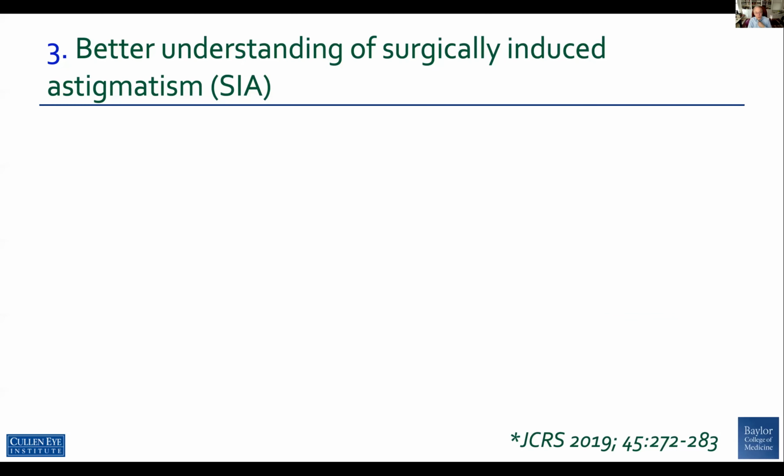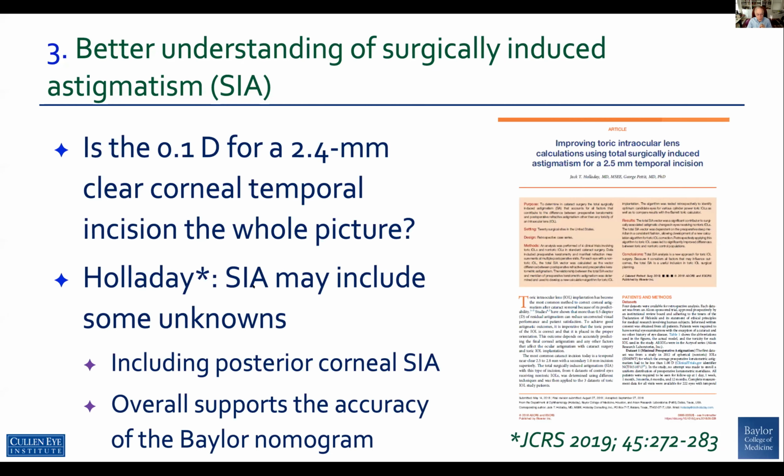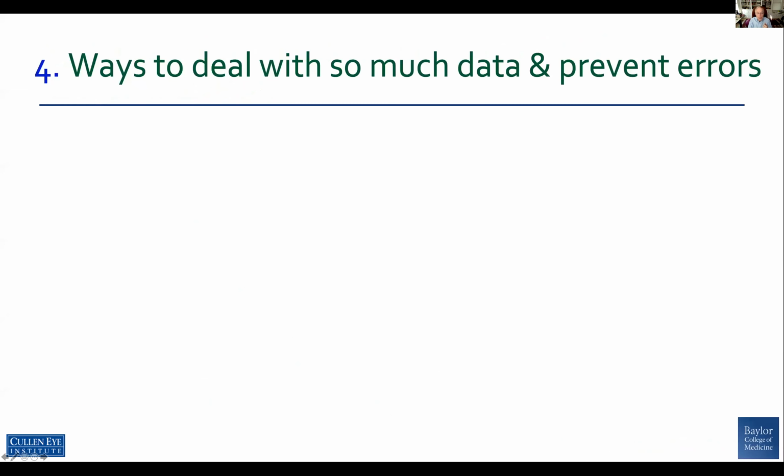What about induced astigmatism? Well, I told you that 0.1 was our amount for clear cornea. Is that really the whole picture? Jack Holladay and George Pettit published a very interesting paper that said surgically induced astigmatism seems to be actually greater, and it actually kind of supports the Baylor nomogram. They think that there are other factors, maybe lens tilt, posterior corneal surgically induced astigmatism, that may contribute to it. So there's still things we need to learn about it. And finally, of course,